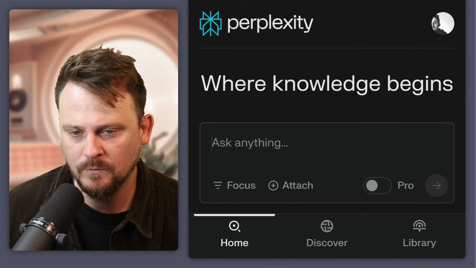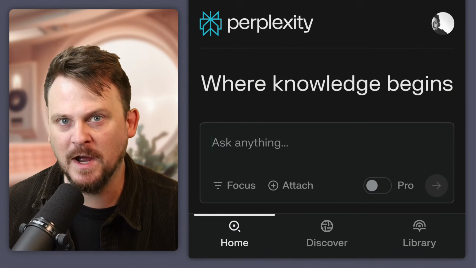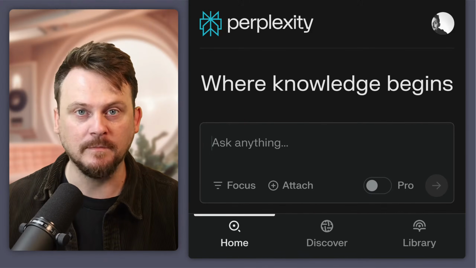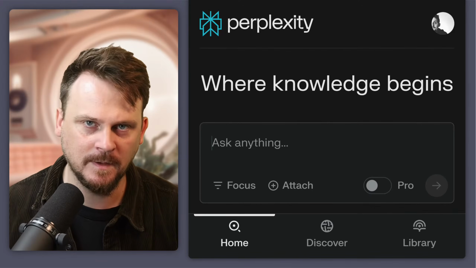Another great tool, by the way, for learning really anything, is an AI tool called Perplexity. So let's try this. Perplexity is cool because it provides sources. So it's like if you take Google and ChatGPT and smash them together. And it can give you an explanation rather than something simple.